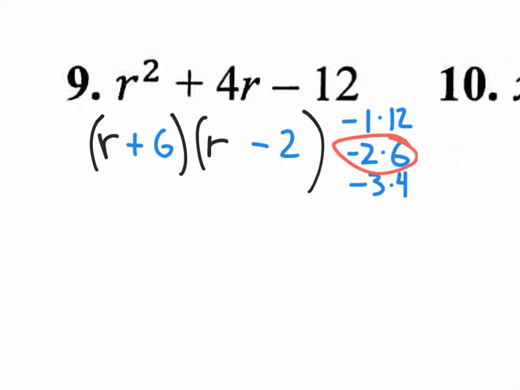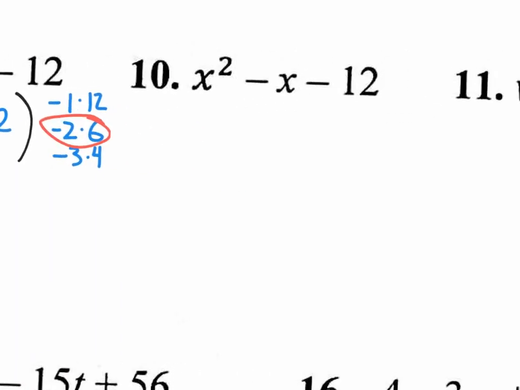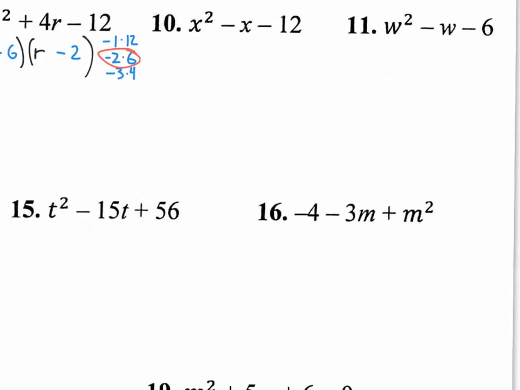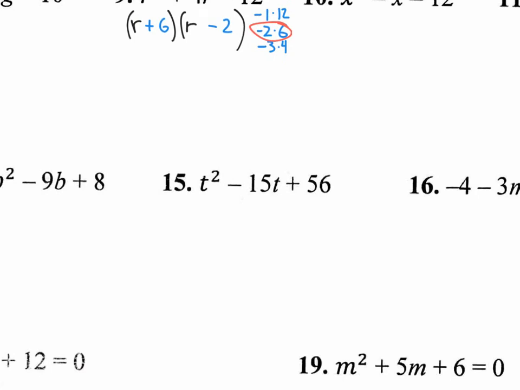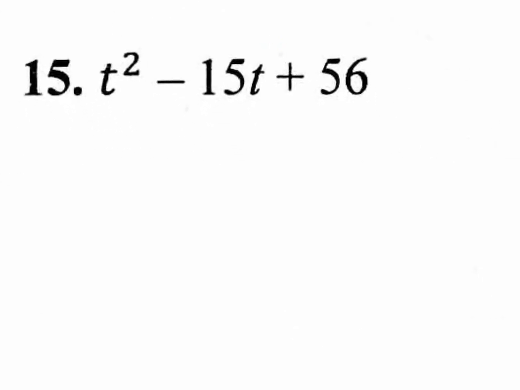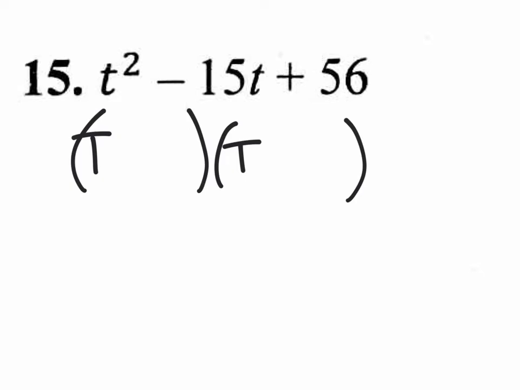See if we could find one of those here. 15. Sure, why not? Okay. So let's set up the factored form. T right here, T right there. And now we're going to think, what times what is 56 that if I add together is negative 15? Well, let's just make a list. How could you get 56? 1 times 56,